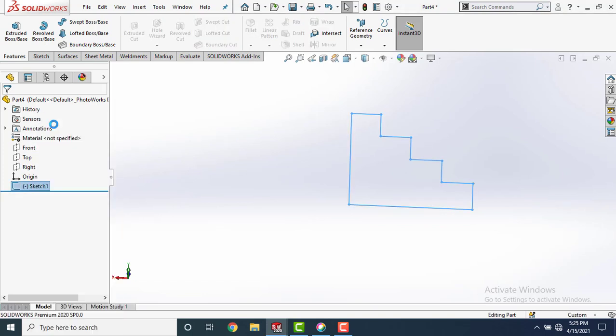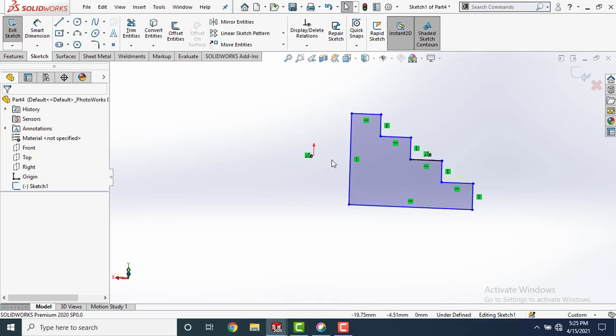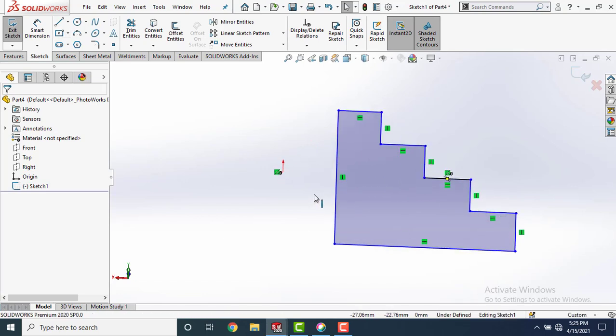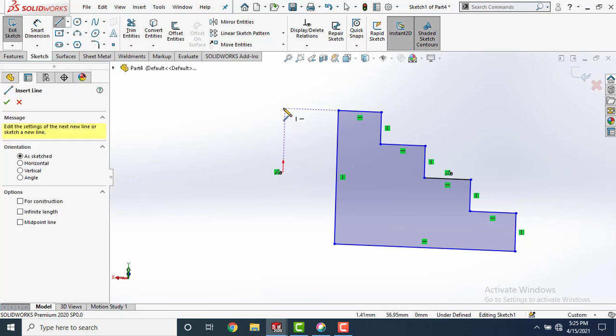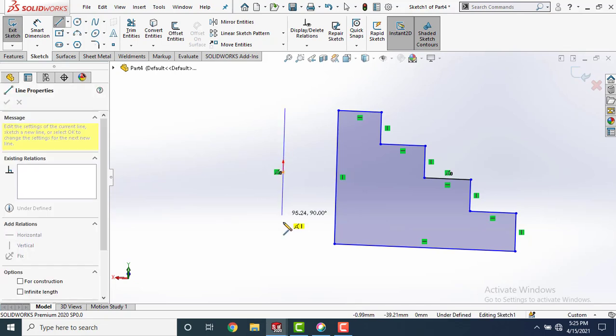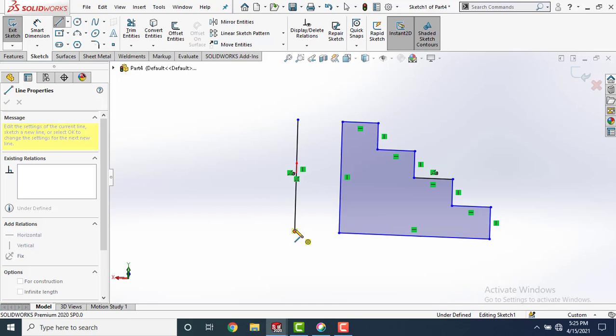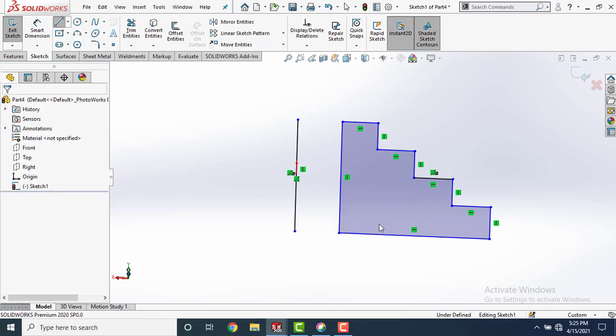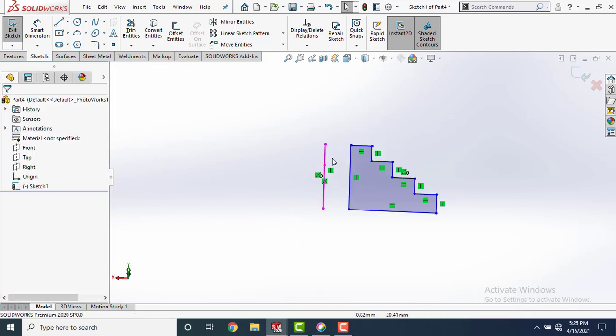Go to sketch, edit sketch. Create a line here. Right click, select. Now this line is our axis of revolution.